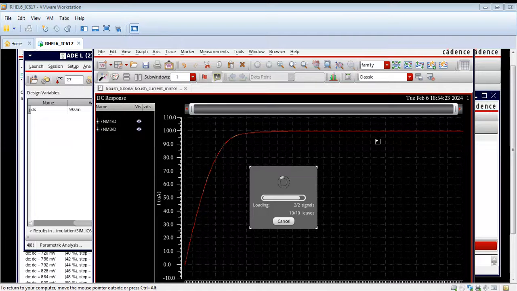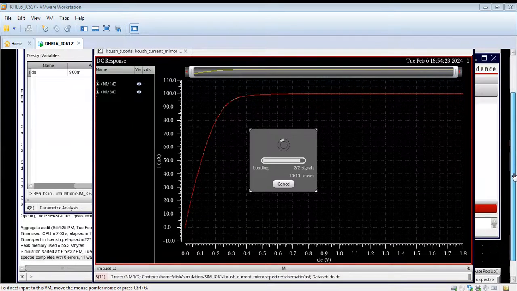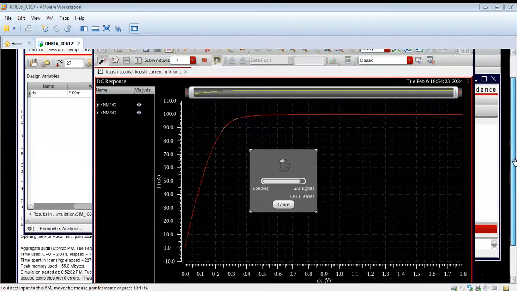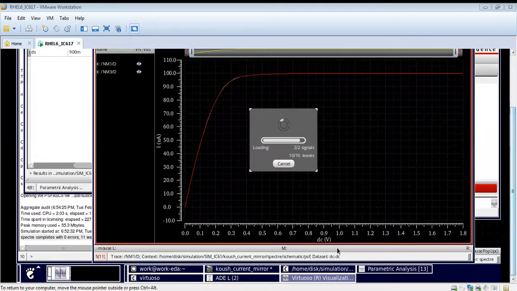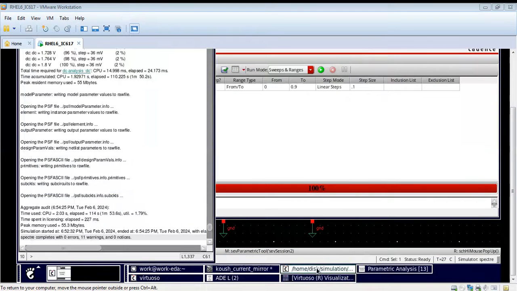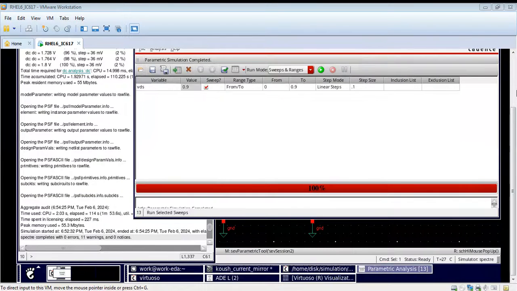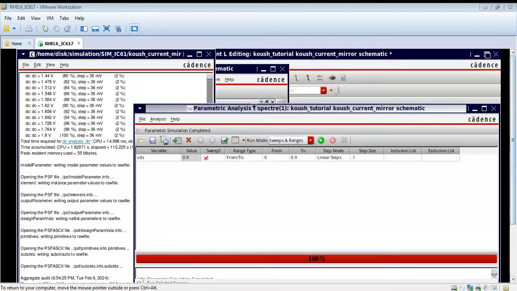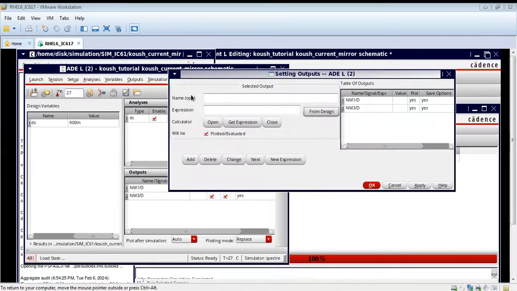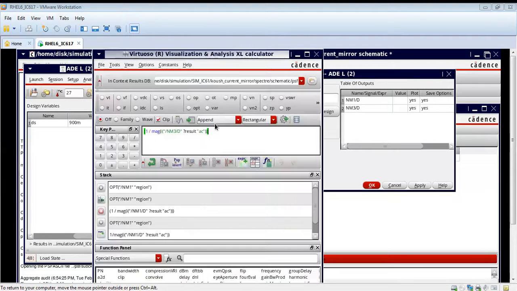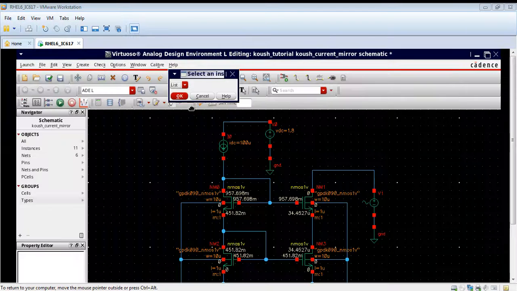Let me wait for this to finish, because I will be plotting the region of operation, so I have to select that from the operating parameter. Let me try to select the region of operation. That should be available in the outputs. Yes, so we will name our output ROP. We will get it from the calculator, OPT.